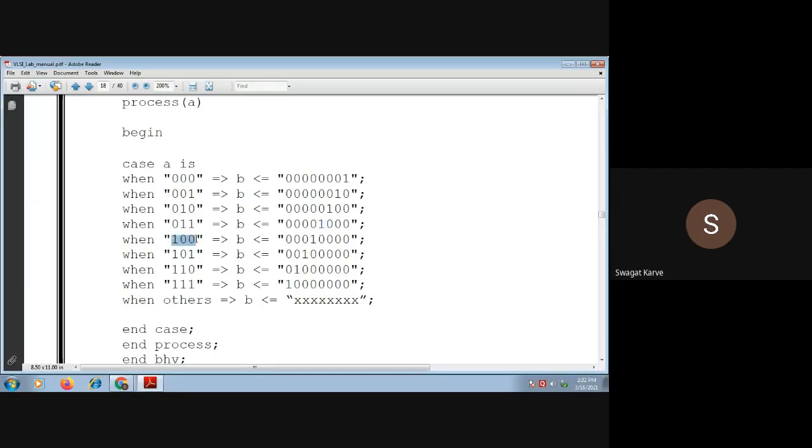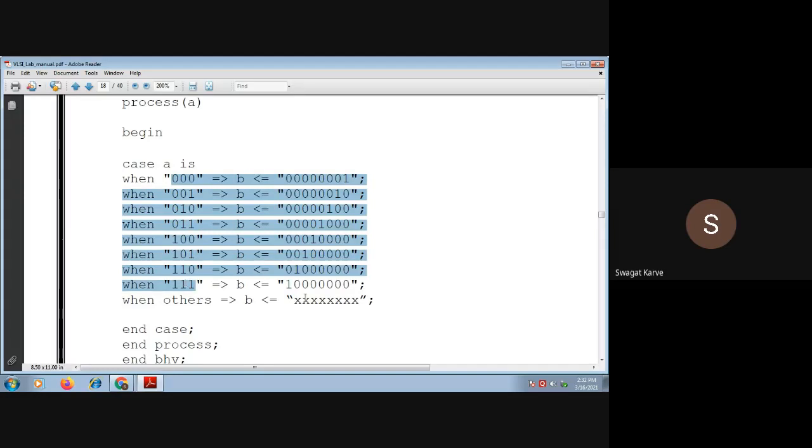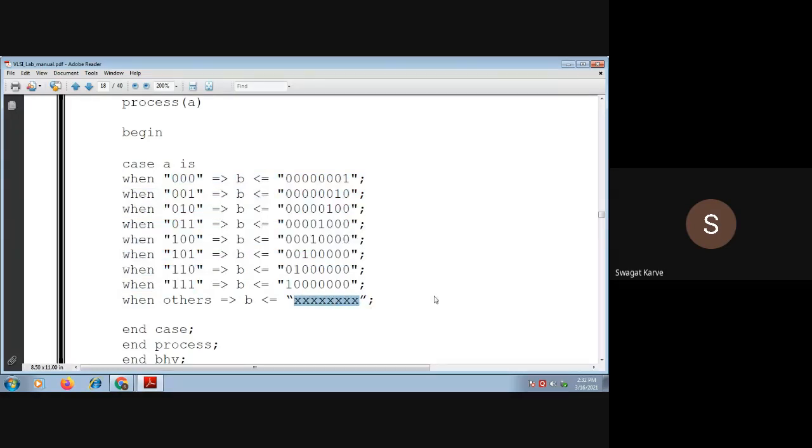For 100, D4 will get selected. 101, D5, right? D7 for the last, and for others, that means any value which does not belong to these, it will select 'not defined'. Right? This is the special data type, the standard 9-value data type that we have used here. If you remember, we have discussed this data type in unit number one. It is one of the data types from that 9-value set. That's why we can use 'not defined' here.